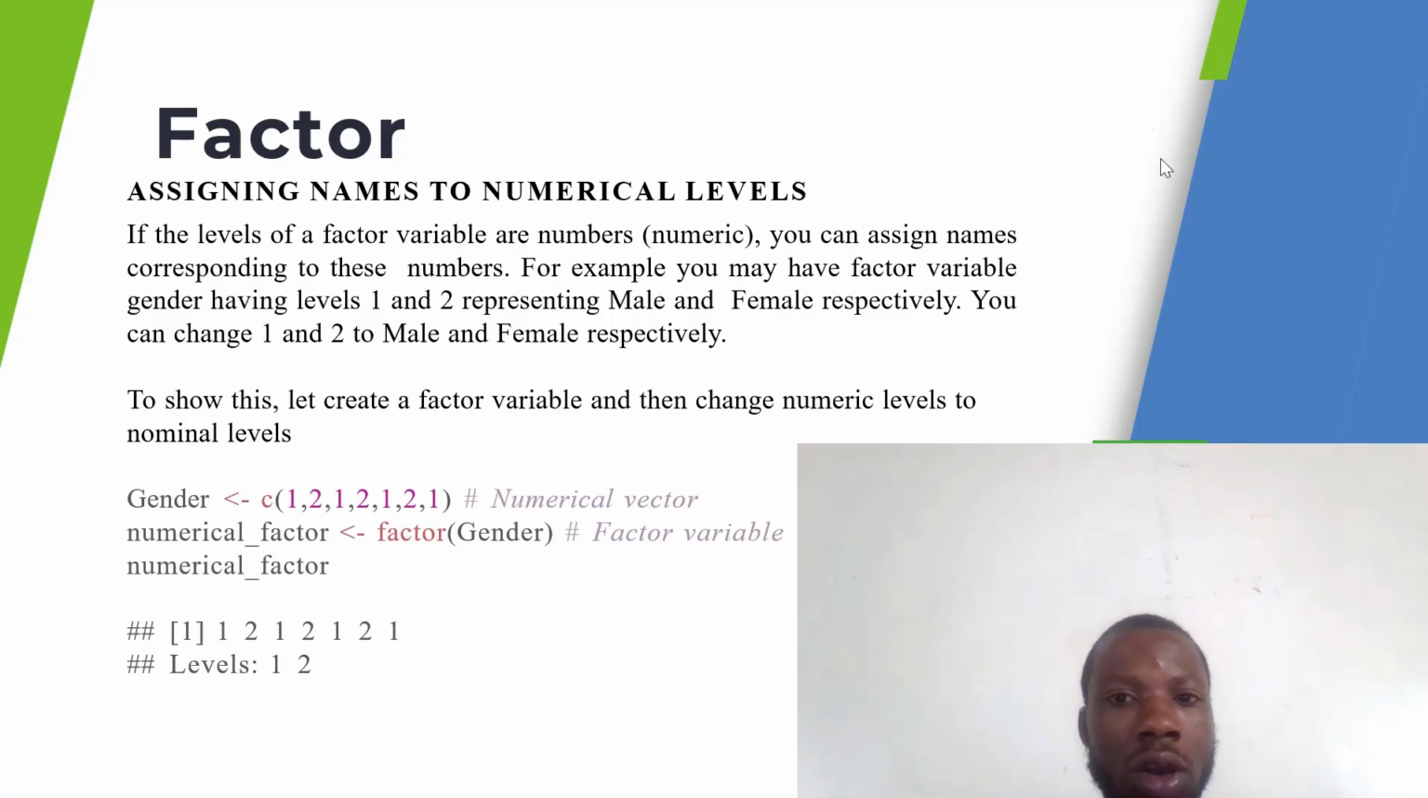So you see that this is an important course, and this is also the serious kind of thing that we need to take into consideration when it comes to manipulating the data the way we want. So here is an example. We generate the gender, which is called 1 2 1 2 1 2, which in a real sense,